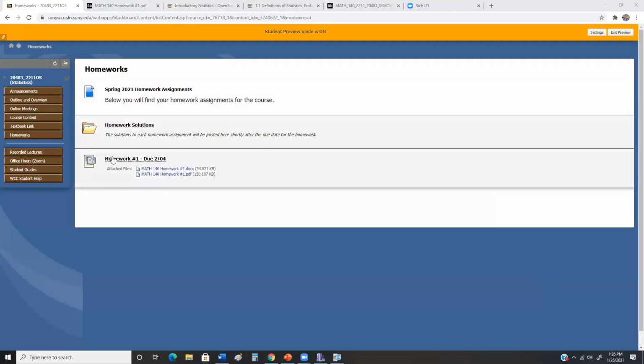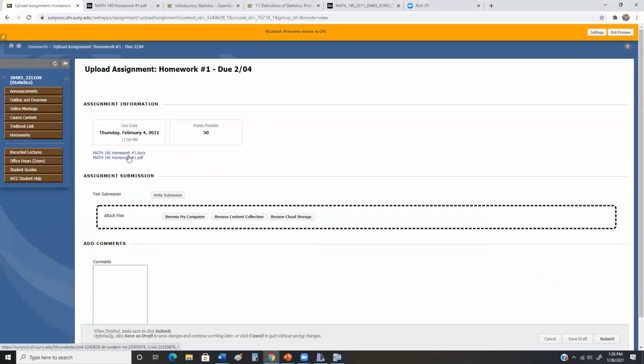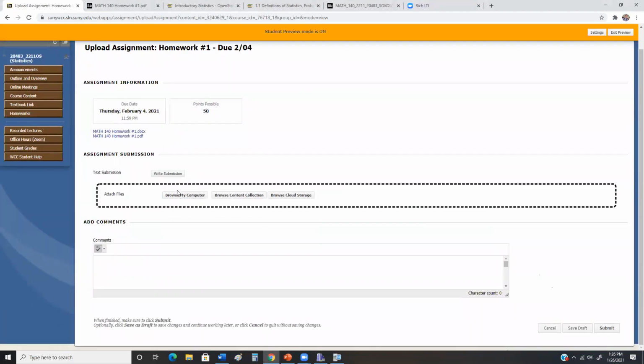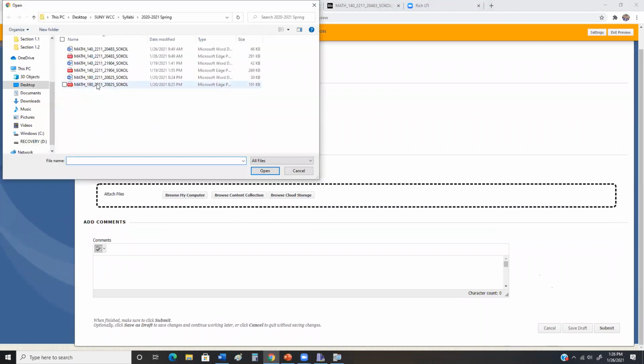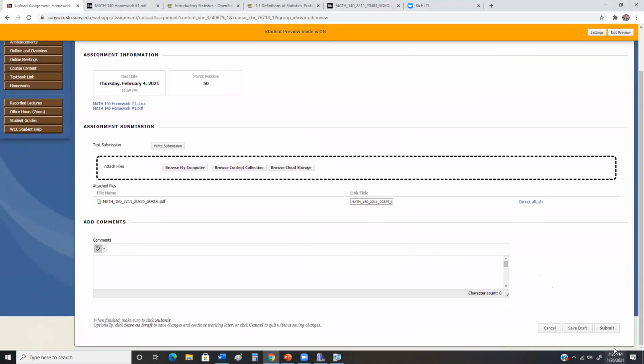Robert, to do the homework again, you're just going to click on the assignment here. There's a link to it. You just click on it. Give me 1 second, Jamie. Then you browse to wherever you have the file saved, you attach it, and then you hit this little submit button down here. Jamie, it's graded on both.